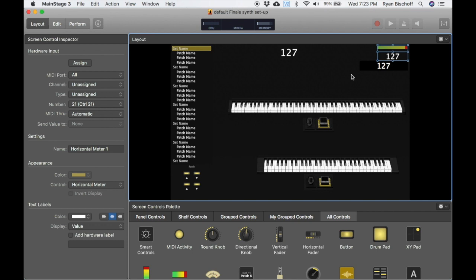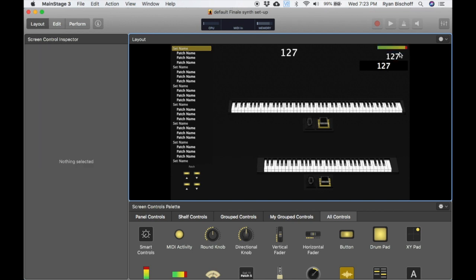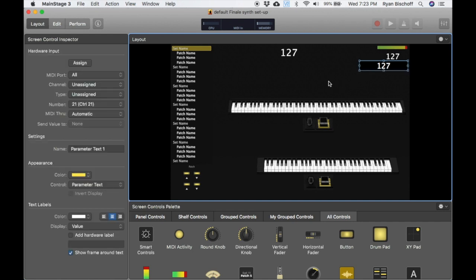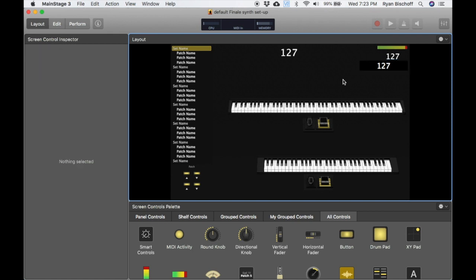patch name, a horizontal meter for computer load during performance mode or whatever. And then I also have the time, because we've got to know what time it is to make sure we start our pre-show at the right time or what have you. Anyways,